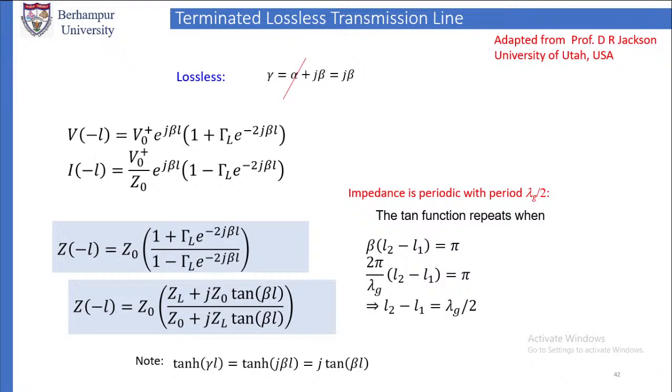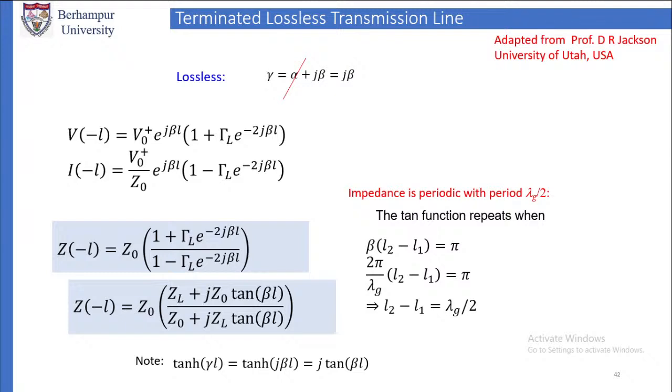When tan theta is 0, then theta is equal to pi, and the tan value is the same. At theta 2 pi, the tan value is the same. So every pi distance the tan function repeats itself. Since the tan function repeats itself every pi distance, therefore beta into L2 minus L1